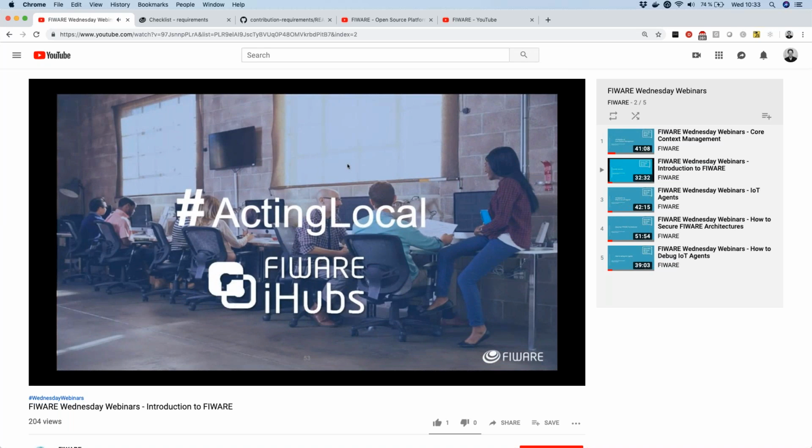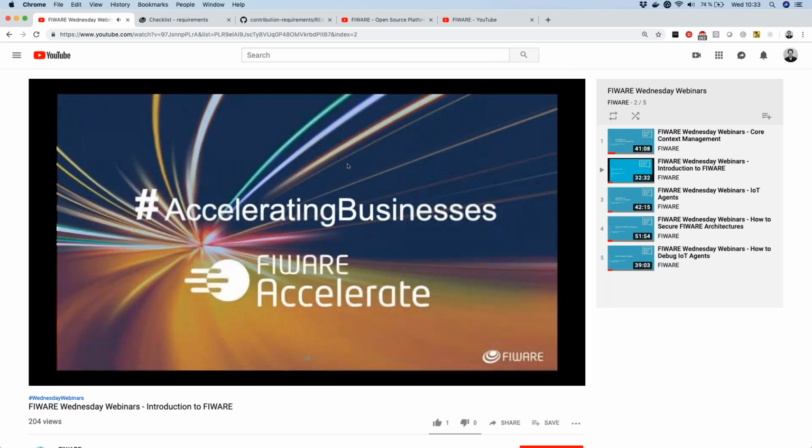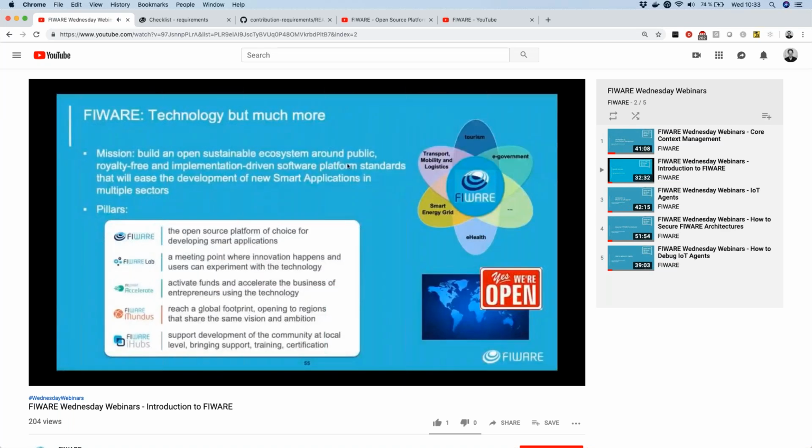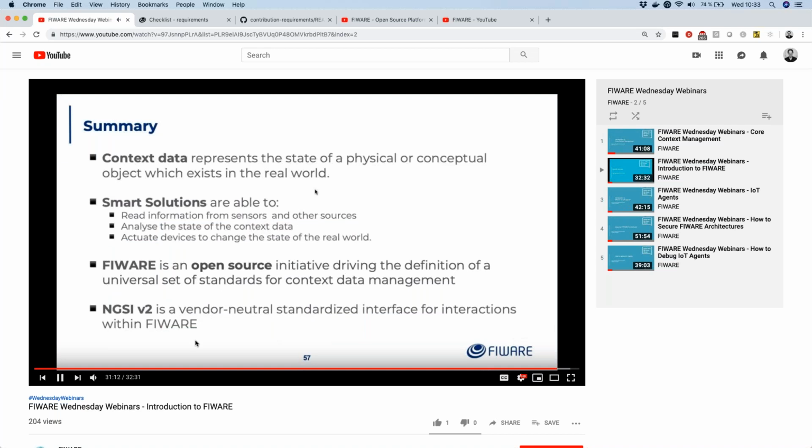What is the role of the iHubs? Where can you get more information about FIWARE? Where can you get money to promote FIWARE acceleration? This is a summary here describing what the various parts actually are and how they differ. I usually slow down and try and explain what these actually are before finally coming to a halt right at the end. Now the slides here describe a summary of what FIWARE is and what NGSI is and what the